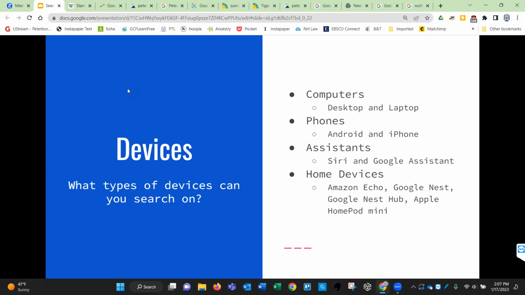You can also use your phone assistant or computer assistant to search. The two main ones are Siri and Google Assistant. There is also Cortana, which is through Microsoft. Whenever you're using these and home devices, this is where you're generally talking.